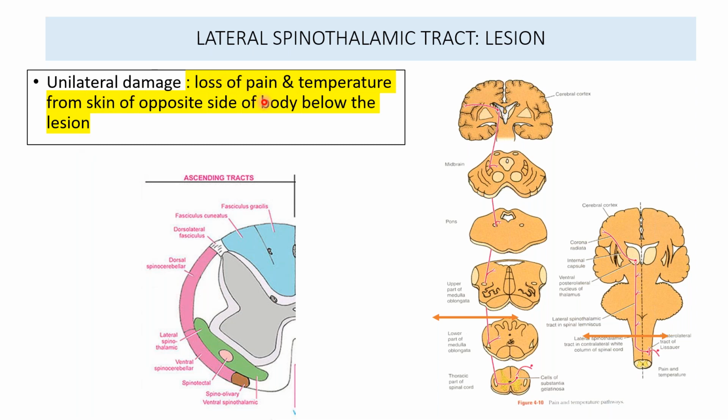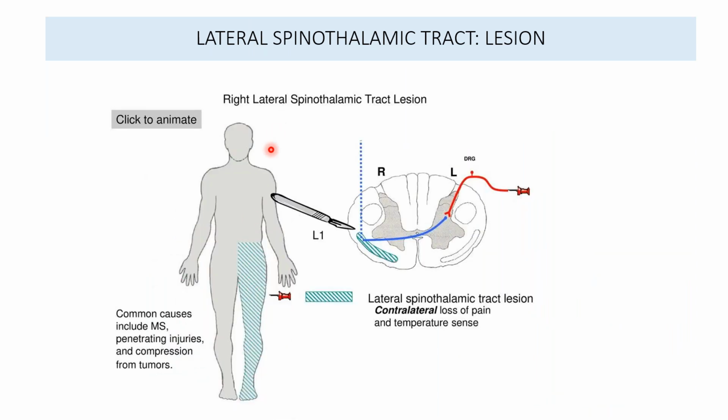So remember, because they are sensory, the majority of the sensory pathways cross to the opposite side. So suppose these are the areas of the lesion that I've marked. Over here, if unilateral damage is taking place on one side of the tract, the pain and temperature sensation of the opposite side below that lesion level will be affected. Now look at this picture.